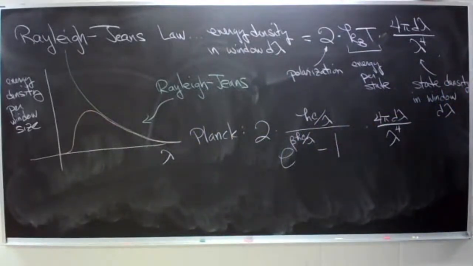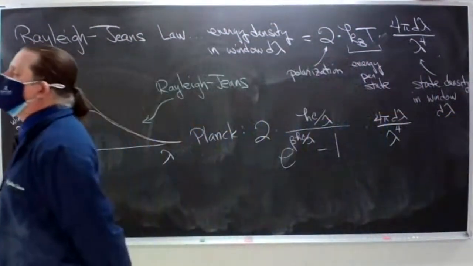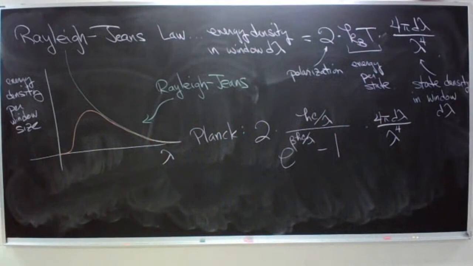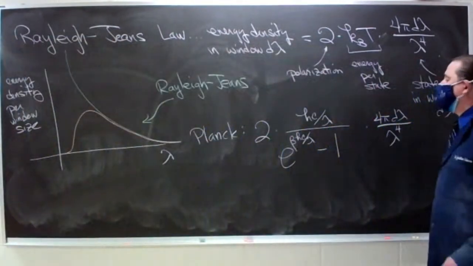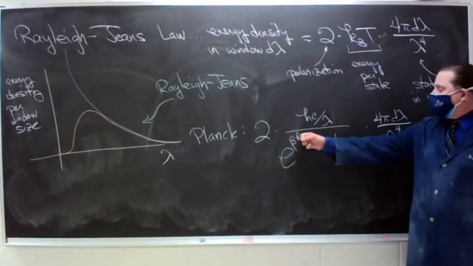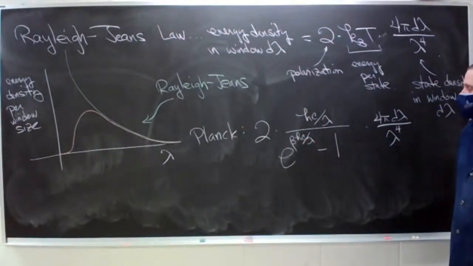All right? So let's first see what happens when lambda grows without bound. If lambda was very, very, very large, so that beta hc divided by lambda was very small,